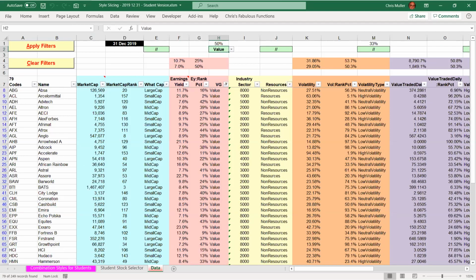Right, I've got some value, and you can see over here on the left, it's cut it down from 158. It's halved. So we've got 79. That's still a bit too many. Let's say we wanted